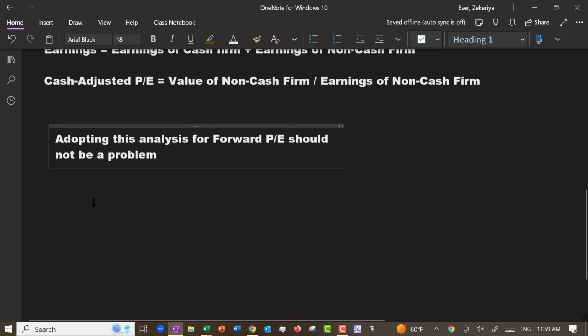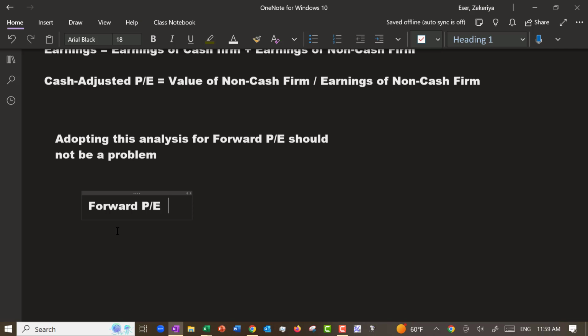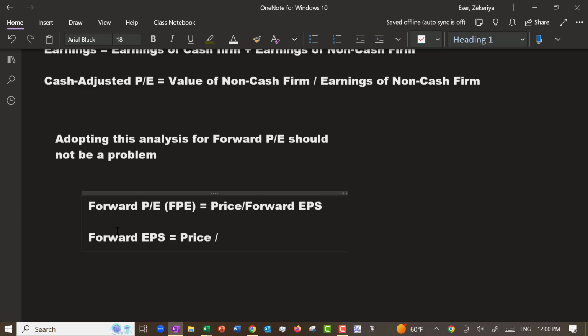Remember, forward PE, I'm going to call this FPE, is equal to price divided by forward EPS, right? Hence,